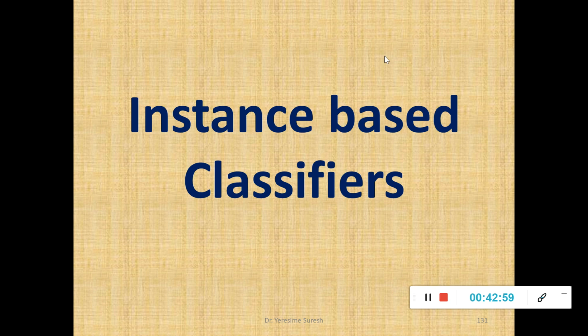As I initially said, there are three components of your model for classification. The first one was decision trees, the second one was rule based classifiers, the third one is instance based classifiers. I've already covered the first two parts. Now the last part is instance based classifiers, which we will discuss in your next video session. Thank you.